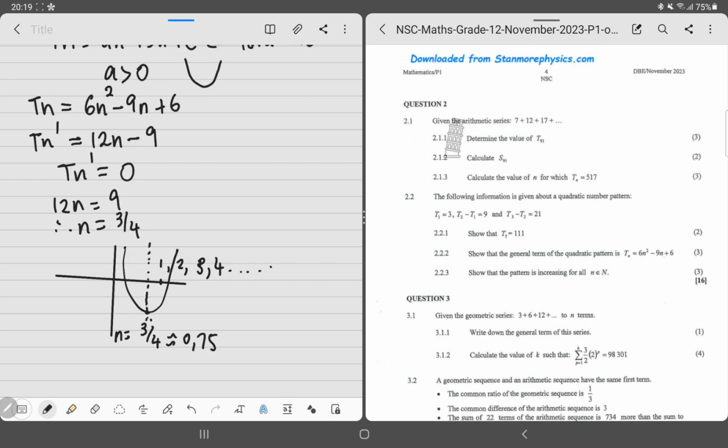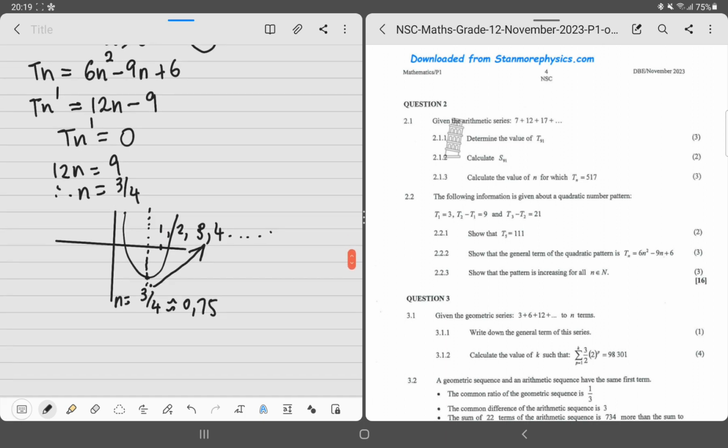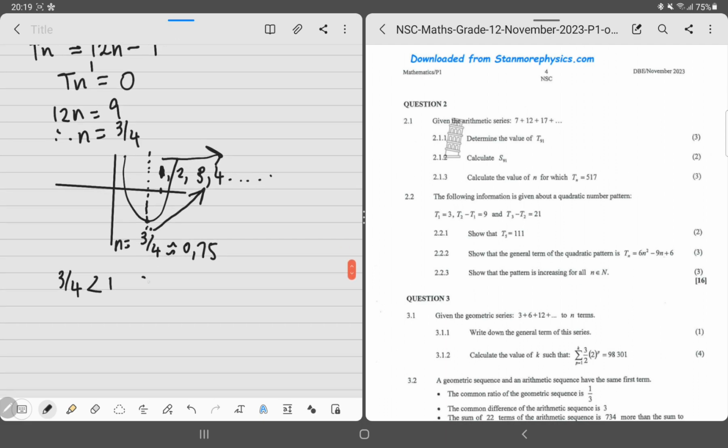So from this part going up, the value of the gradient is positive. So it means that Tn is indeed increasing for all natural numbers, because you can see that 3 over 4 is less than 1. From that part going this way. So therefore